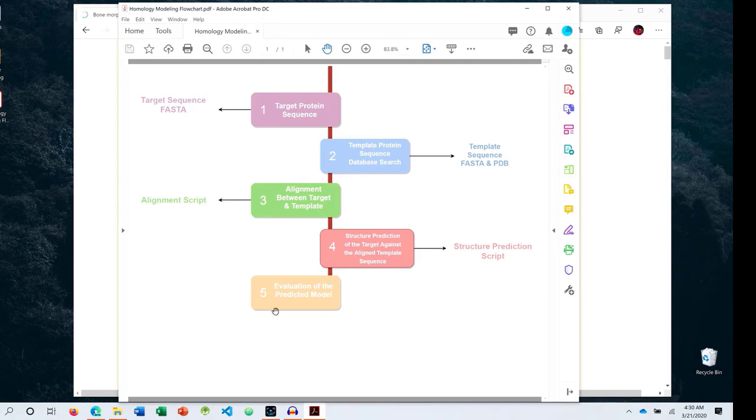So let me go through the entire flowchart again so that you can have a better understanding. First, what happens is that you find your target protein. Okay, I would like to predict a 3D structure of this protein. You have decided you would like to predict the 3D structure of that particular protein in your research. Then what you do is a database search against PDB, because PDB is the most basic